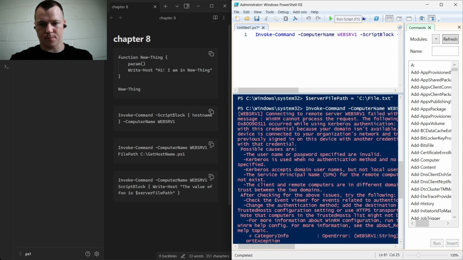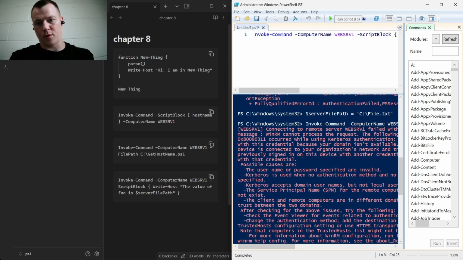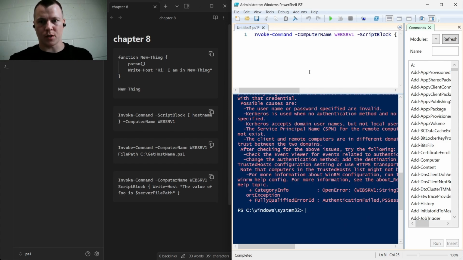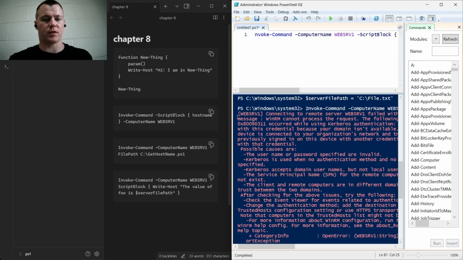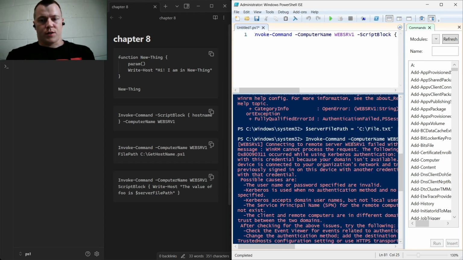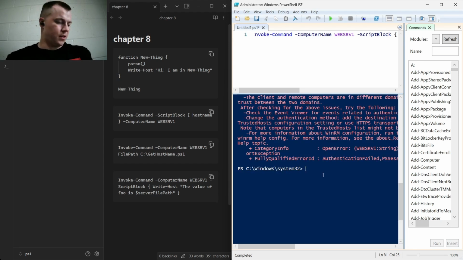Just like that, boom. So it's not able to find that remote system, which is WebServer1, but if it could, then it would be able to write to it, which then would write that. So it would then be writing the value of foo is the file name, which is that file that we looked up, which is the C:\file.txt. So then next